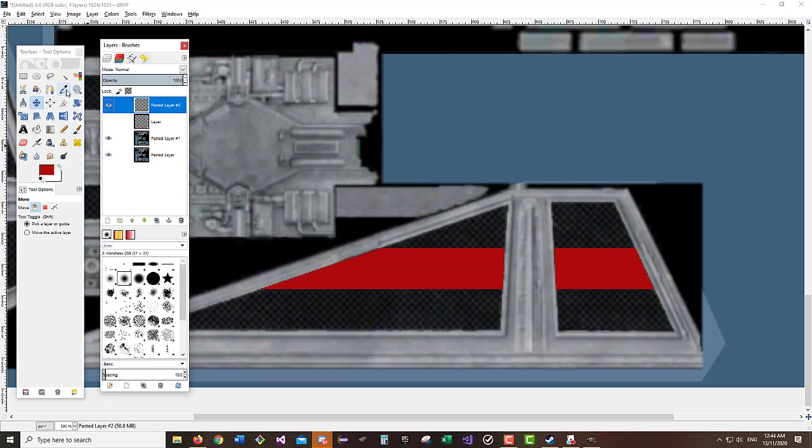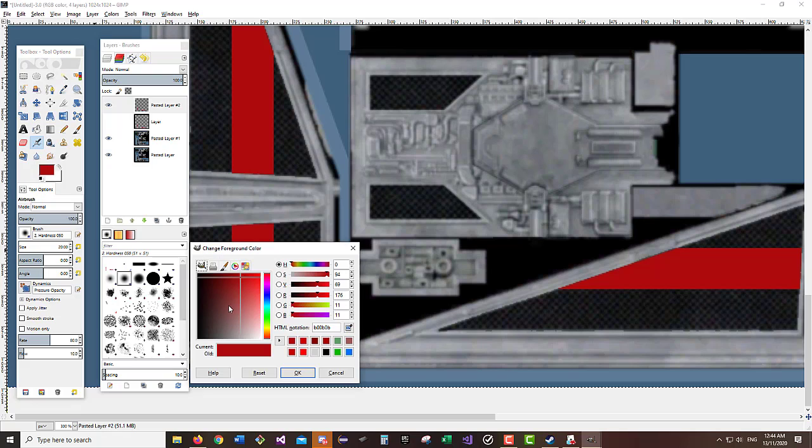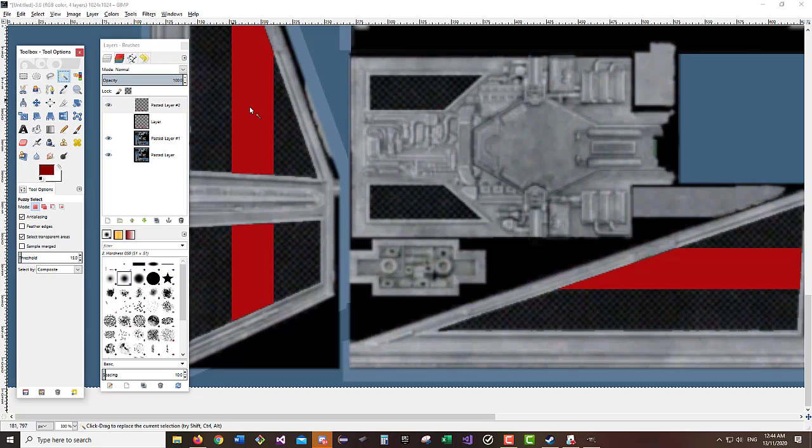So let's get the select everything tool. We're going to select just the red. This is just to explain why I'm doing this. If I want to paint this red a little bit darker, and I'm trying to use a spray paint tool, we can see that it's going all over the black, which is undesirable. If I select what I'm working with first, you can use shift to select multiple areas. Now when I do the spray paint,